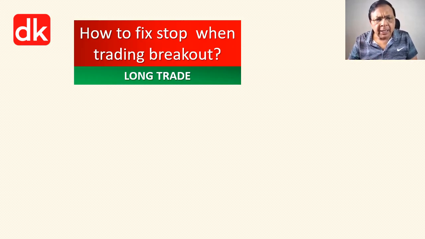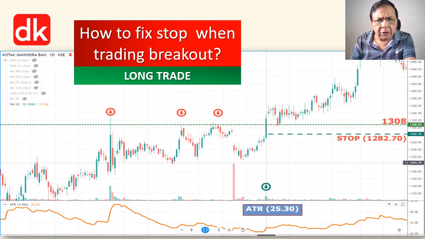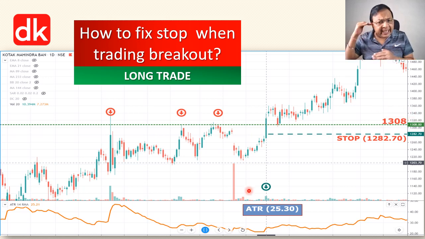So friends, let us have a look at the chart on your screen. This was the key resistance area where you can see the number of rejections. Price was rejected here, again rejected here, and again rejected here. So this horizontal line placed at the value 1308